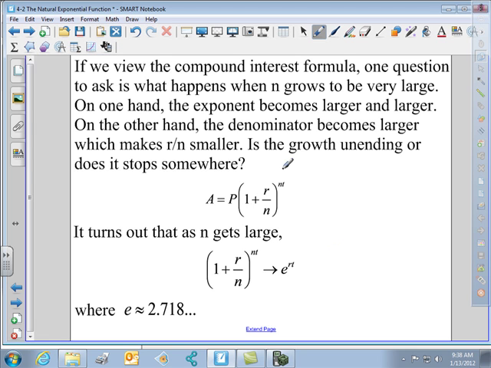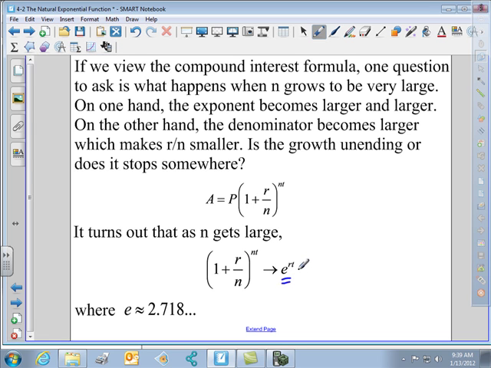Now, if we look at this compound interest formula, as I said earlier, you could go monthly, you could go even daily, and so on. But as this denominator gets larger and larger, we look at this 1 plus r over n to the nt power. It's kind of interesting. If you plug in maybe 10 for n, and then 100, and then 1,000, and then 10,000, and keep going and going, that number approaches what we call the letter